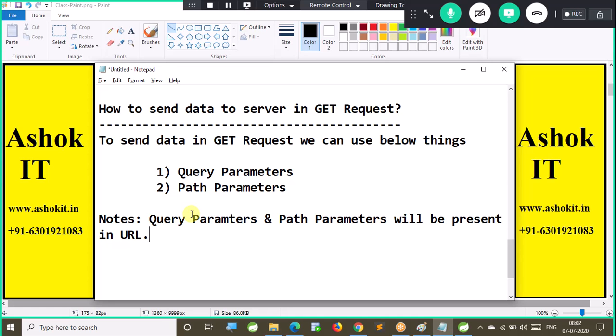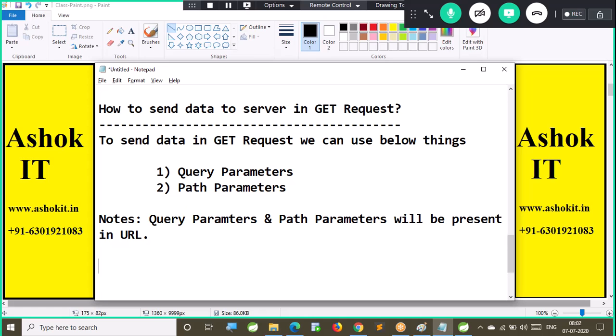Are you able to follow this? Generally a request object will contain a header part and a body part. But when it comes to the GET request, the body part will not be available. If the body part is not available, how can I send the data to the server as a client? Now assume that you are my resource. You are expecting some name from me, then only you can display a hi message with the name. How can I send the data? Either by using a query parameter or by using a path parameter. Query parameters and path parameters will be present in the URL.